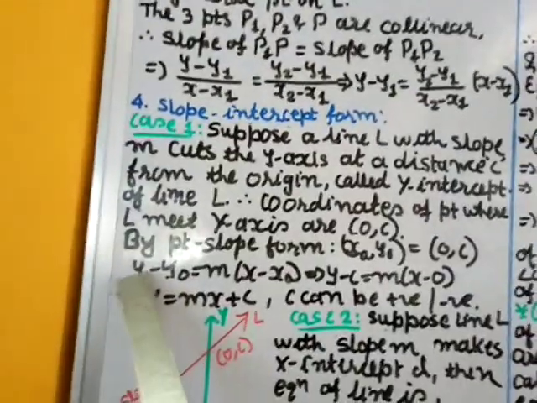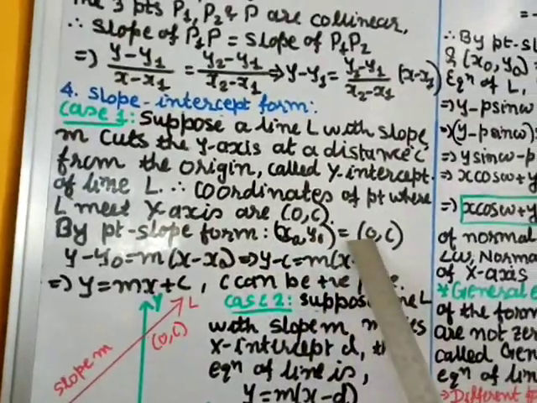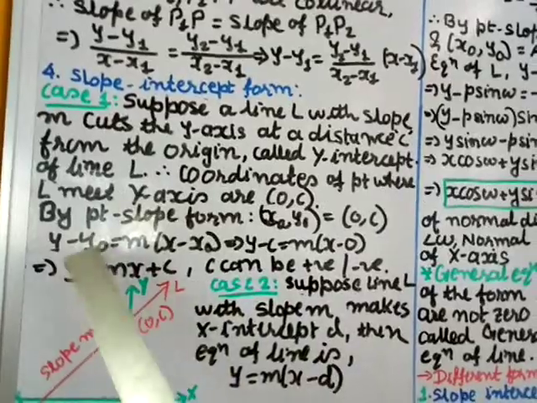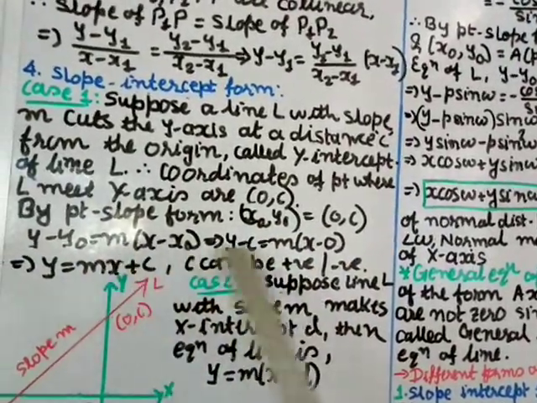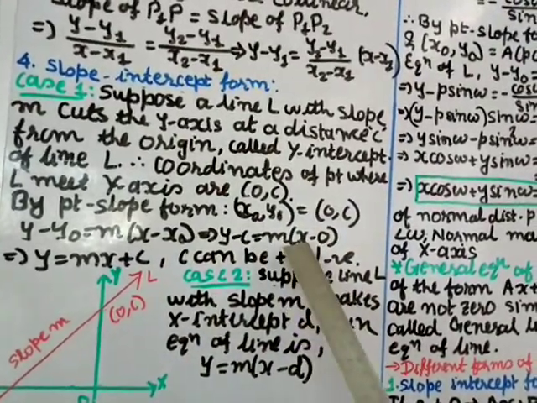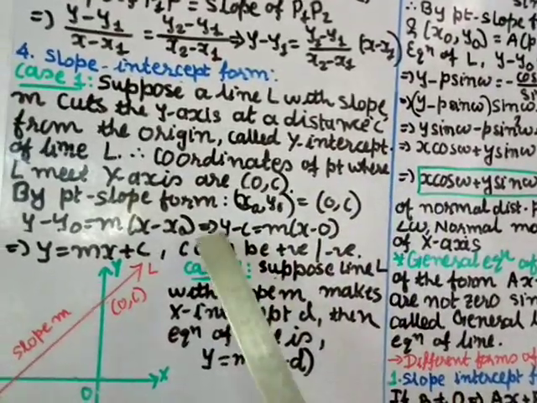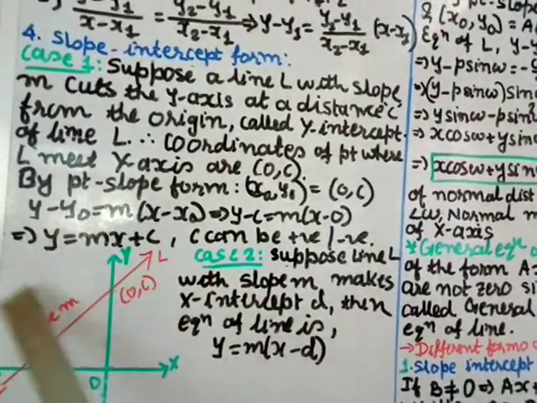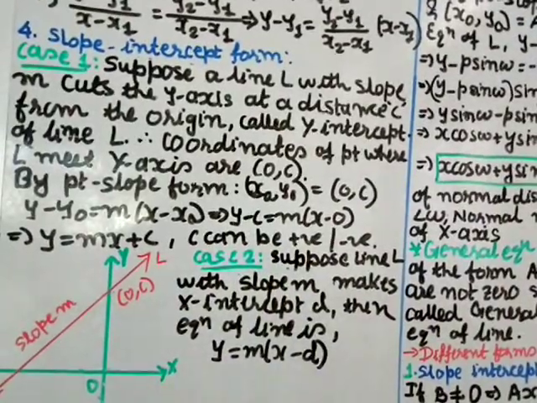So I write the equation y minus y naught equal to m, x minus x naught. x naught y naught is 0 and c, x naught is 0 and y naught is c, and slope is m. So let us put the values: y minus y naught, where y naught is c, so y minus c equal to m as it is, x as it is, minus x naught which is 0. So here x minus 0 is x, so m into x, and minus c transfers over here becoming plus, and here you get y equal to mx plus c. And this is the slope-intercept form of equation of line. Now the c can be positive or negative.